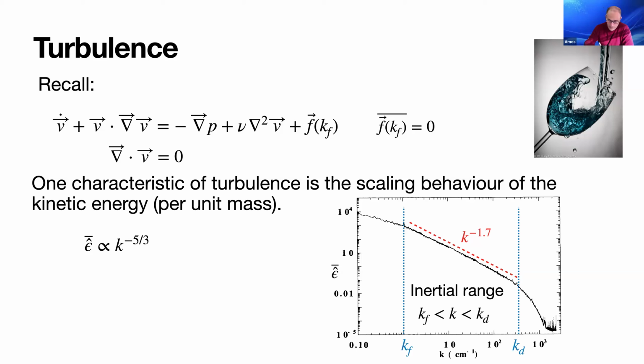So this predicted power law, there's a lot in here. We're assuming that there's a force at a particular scale, and that scale should be, if we're looking in momentum space, smaller than where the dissipation occurs. And if everything works properly, then the prediction is that we'll get this minus 5/3.